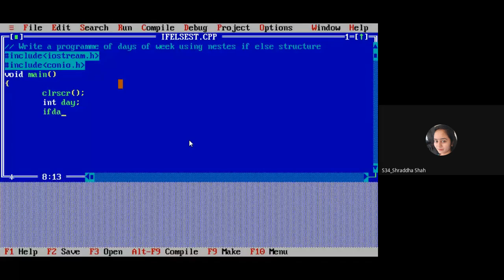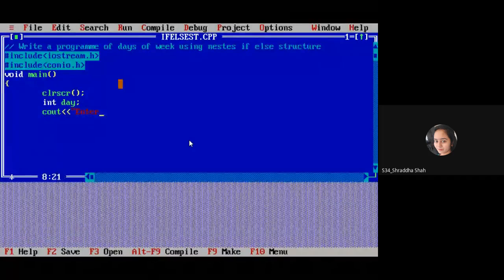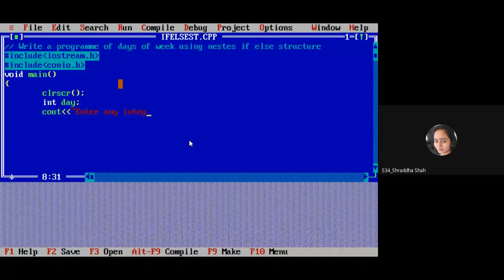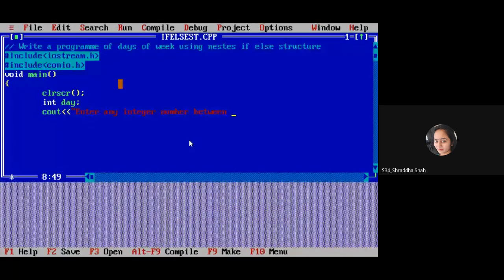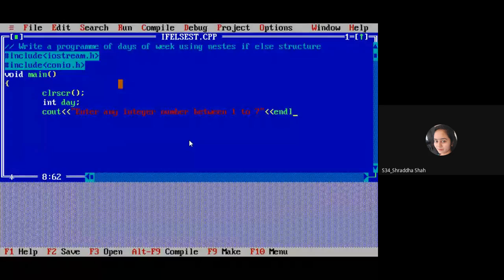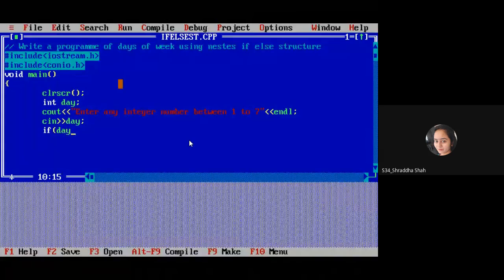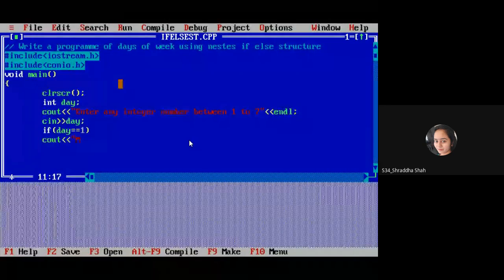Cout enter any integer number between 1 to 7. Then the user will enter the day, so the cin command is required. If day equal to 1, then cout Monday,